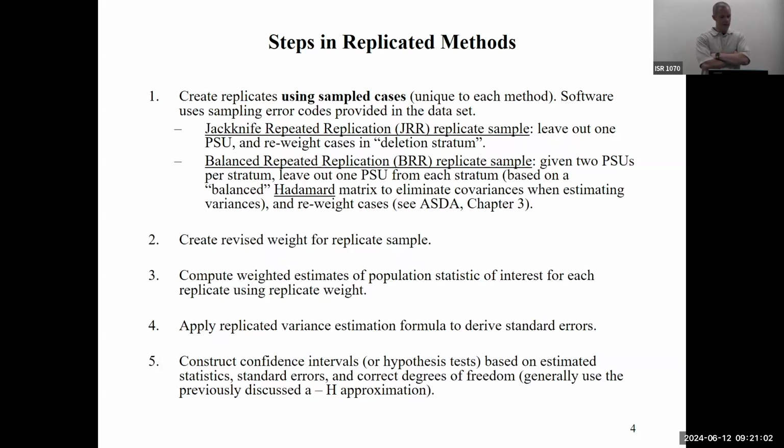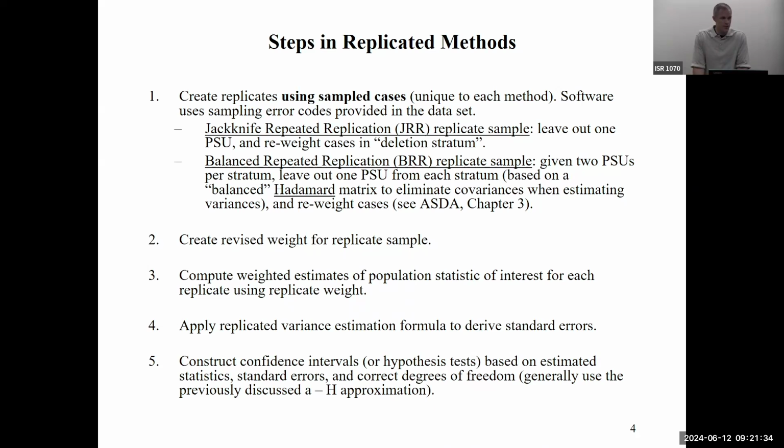Use those sampled cases to create replicates of the original sample. Okay? And the different replication methods vary in the way that those replicates get created. But we're using the observed data set to basically replicate or simulate or mimic the repeated sampling process, to generate estimates repeatedly. So in the jackknife repeated replication idea, what we do is we leave out one PSU